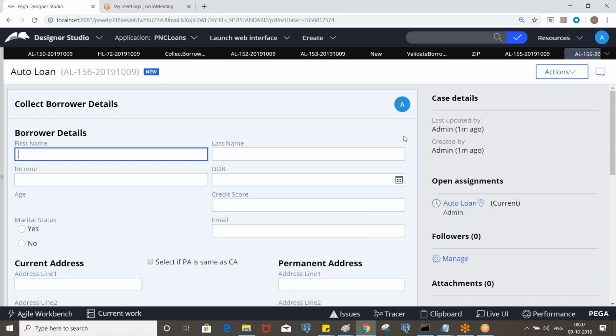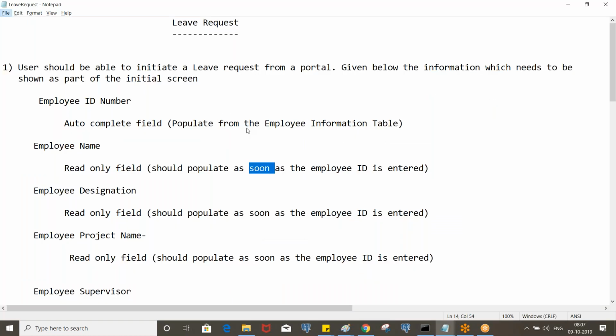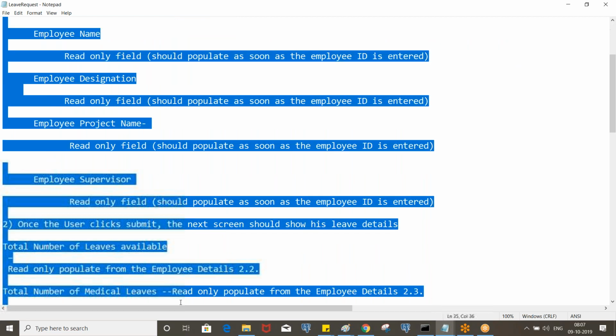When we launch auto loan, borrower details is the first screen, either for auto loan or home loan. So you create a flow called leave request. When you launch the leave request, the first screen should be the employee related details. These are the fields in the first screen.